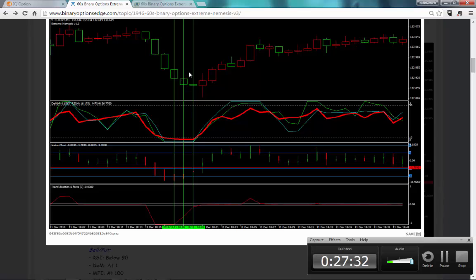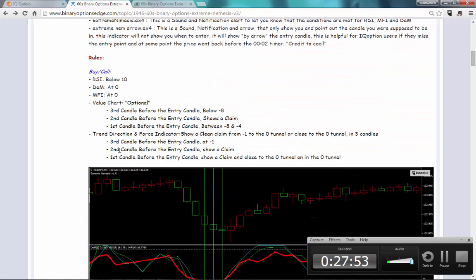The first previous candle is the one on the far right. And then you have the entry candle, which is the one after the three green. This is the entry candle. I just want to make sure I put that out there so it covers the bases. Now, going back to the trend direction,